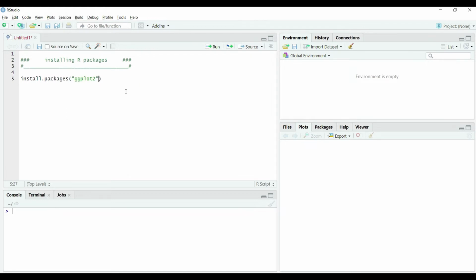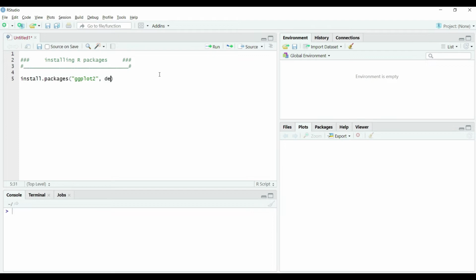Please note, the name is a compulsory argument that we need to pass to the native function install.packages for it to go to CRAN, which is the Comprehensive R Archive Network, where all of the packages are stored after approval and available for free download. The function will search for the package name, and if found, it will download the package and install it in the background for any future use.